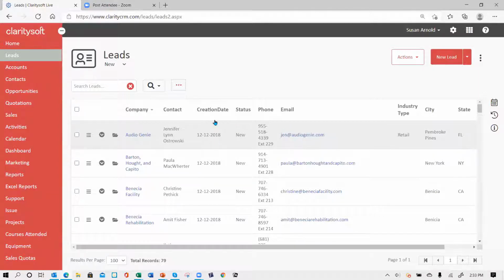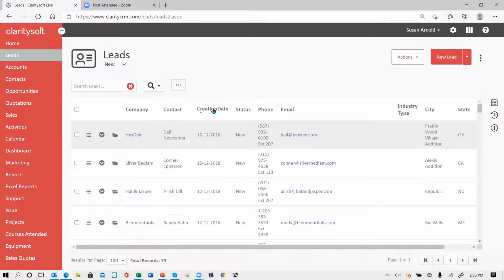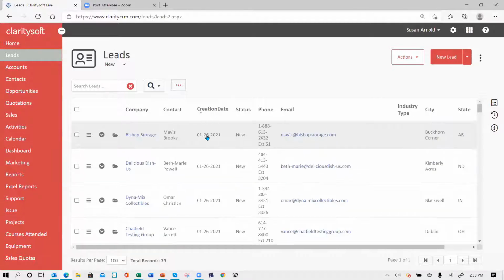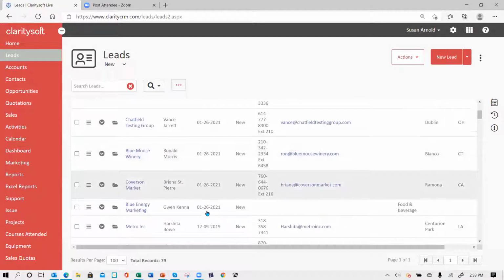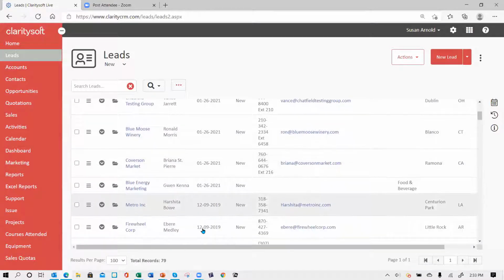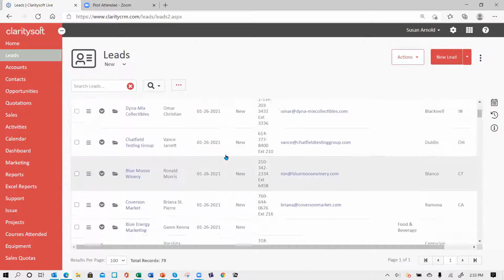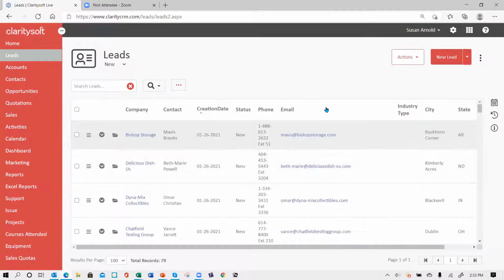So here's my creation date. And what I want to do is sort by my creation date. So here are my 6 records, 126, all the way down to here. So I have brought in all my new records. Now, one of the things you can do, especially if you're perhaps the sales manager and you need to assign these leads to a new owner, the sales rep,